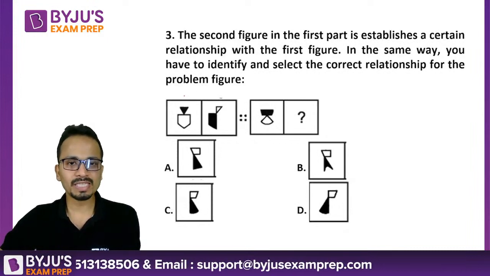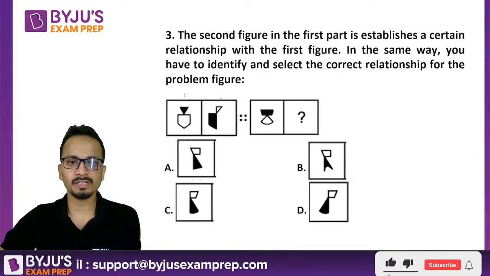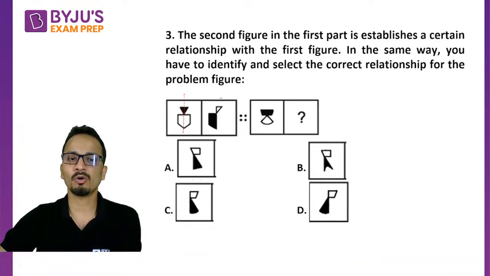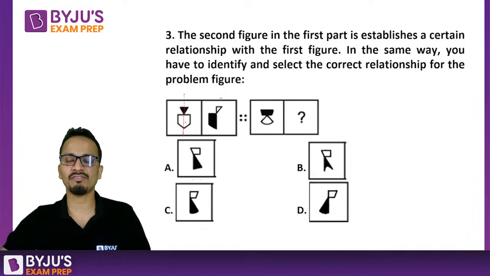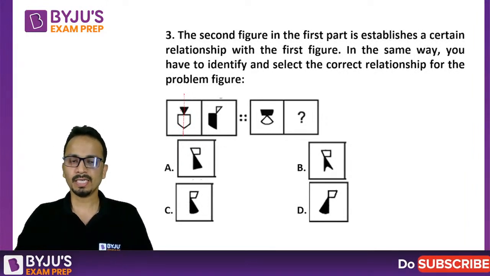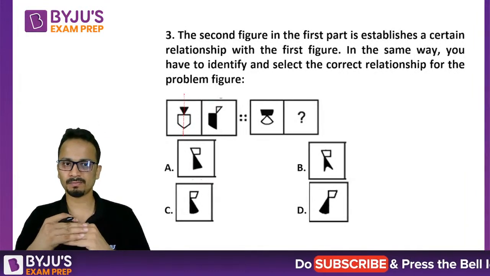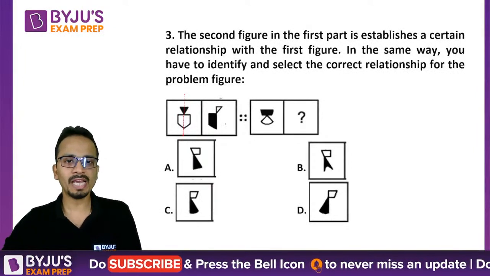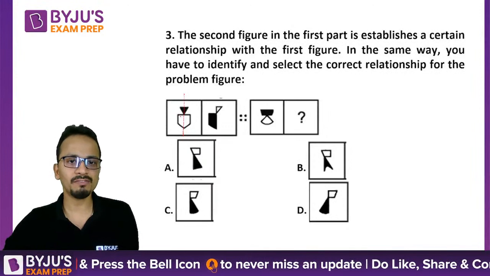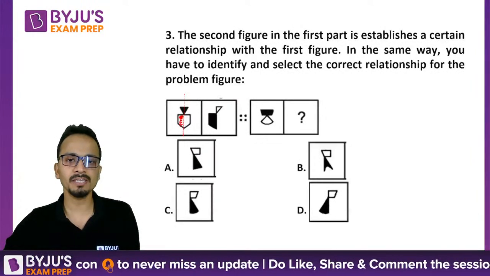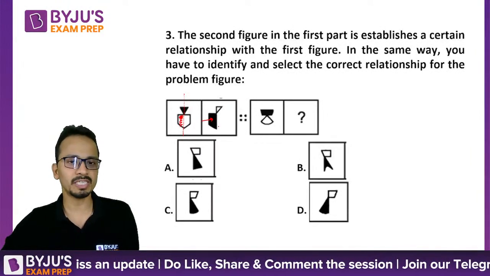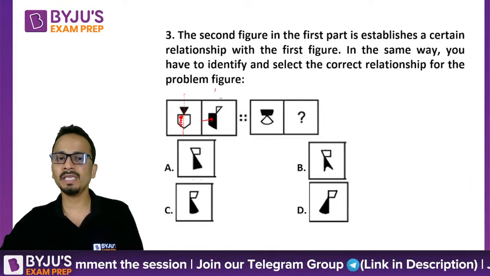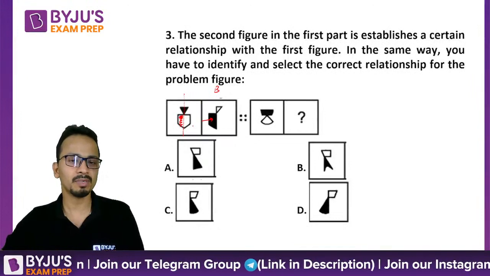Now what they have done is they have divided the figure in half using a vertical line. I used a vertical line to divide the figure in half. Now the figure has two parts, the lower part and the upper part. So I halved the figure. The left side lower part is retained, but it was hollow earlier. In figure B, it has become bold.